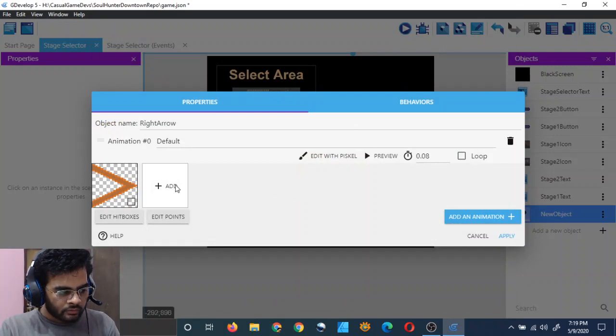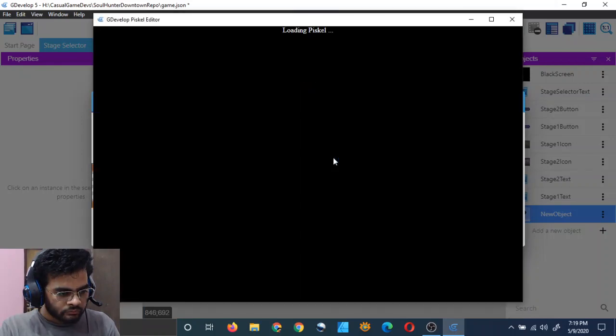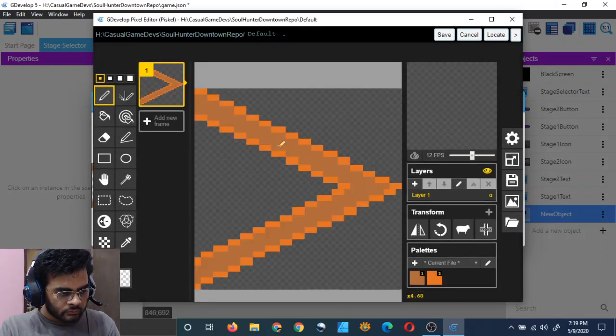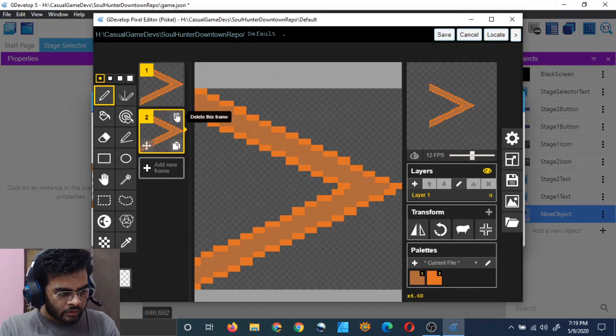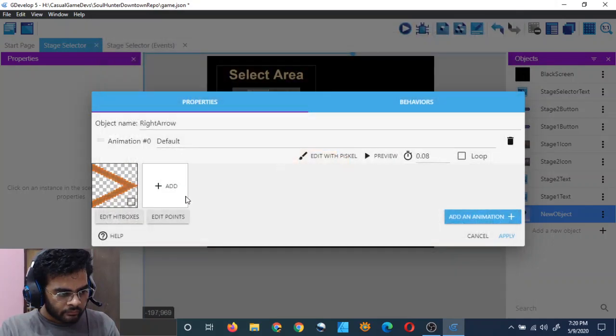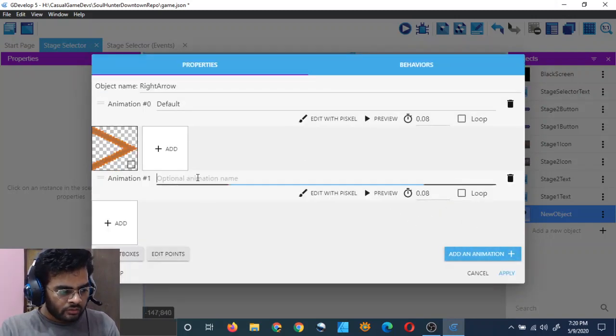And add one more. Add one more. Duplicate it and then delete it. When you duplicate it, it creates a file. Save. And we can then use that file for our next animation, which is the active one. Add